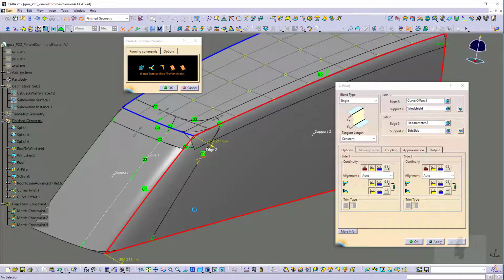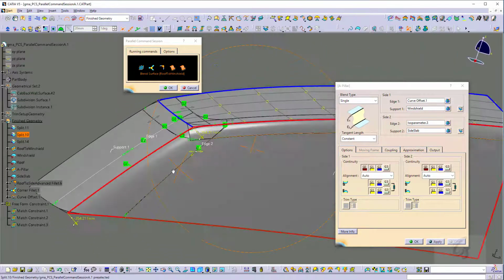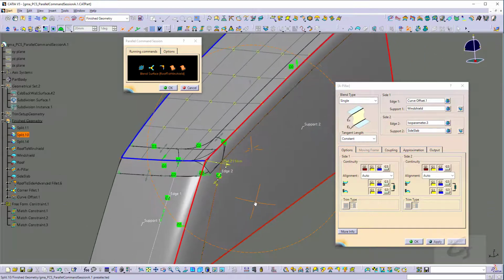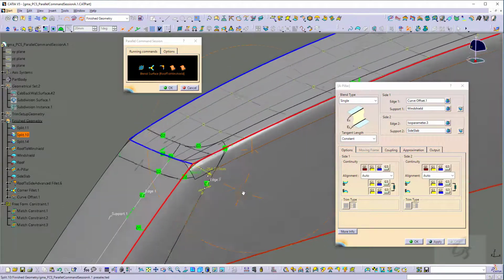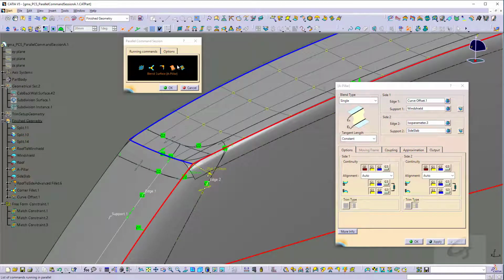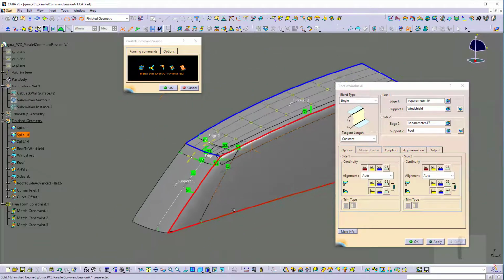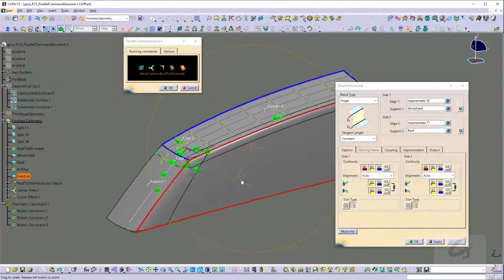Pulling the side surface limit a bit rearward, stretching the surface out just a bit more. And the last change is to the roof to windshield blend, where I want to pull the roof limit rearward. Okay, those are all the changes I want to make, but now is the time where an executive decision needs